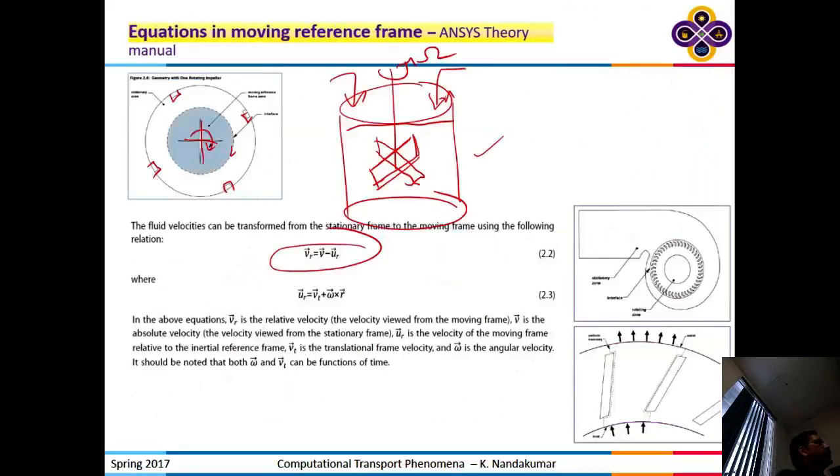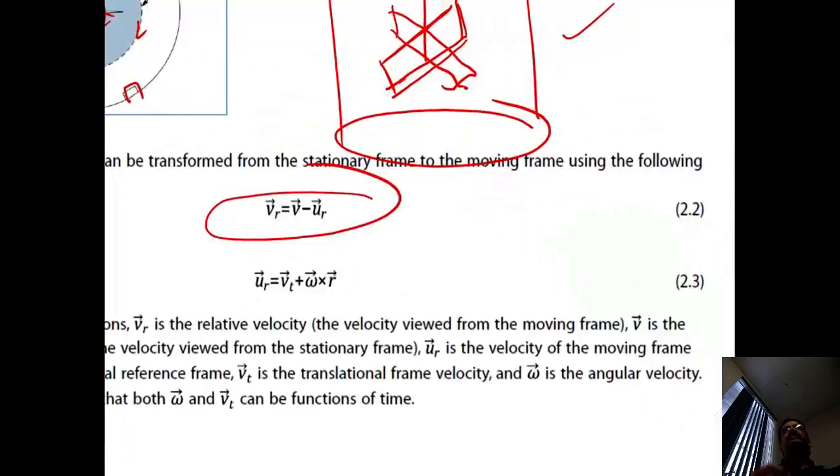Okay. So any questions on this one? The idea of what a moving reference frame is. Mathematically, conceptually, we talked about what it is. Mathematically, the relative velocity is the absolute velocity minus the reference frame velocity, in a reference frame in which I have my object. Okay? And that reference frame velocity can be given as this expression without any loss of generality, because it's just